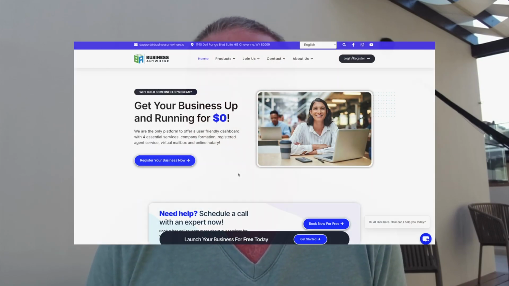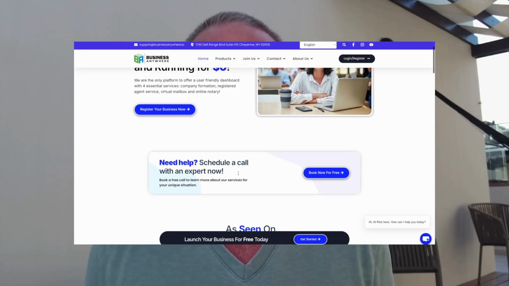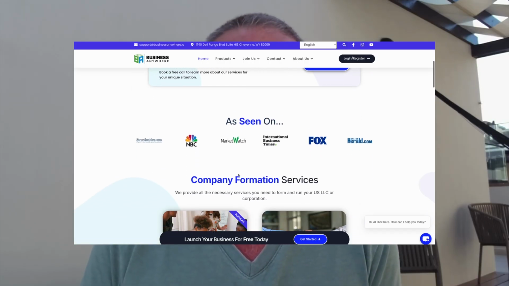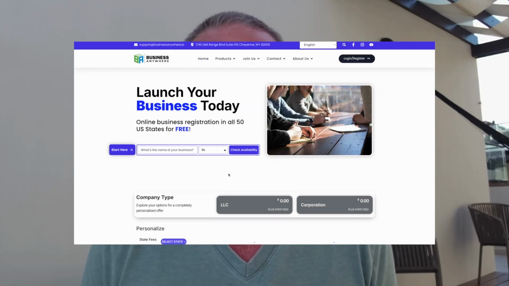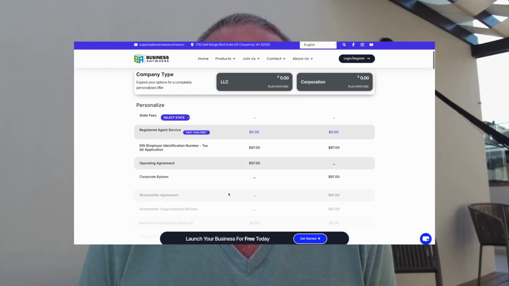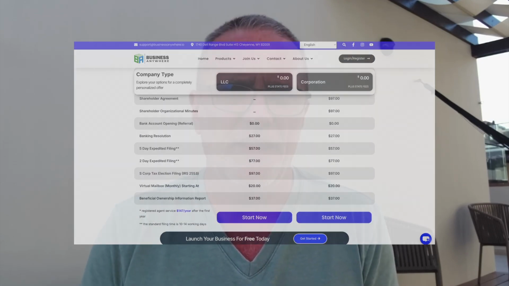So we created Business Anywhere as a way to make it super simple for people to get their business registered and to handle their annual ongoing compliance in a completely automated way. We're just passionate about entrepreneurship and getting as many people as we can out there to start new businesses, because we truly believe that entrepreneurs really make the world go round. And so Business Anywhere is really just an all-in-one platform to help clients get their businesses started as simply and easily and at as low a cost as possible, and to completely automate their annual compliance so they don't have any